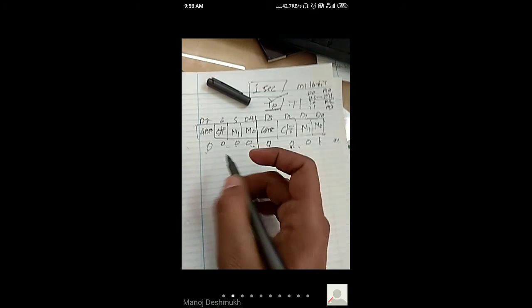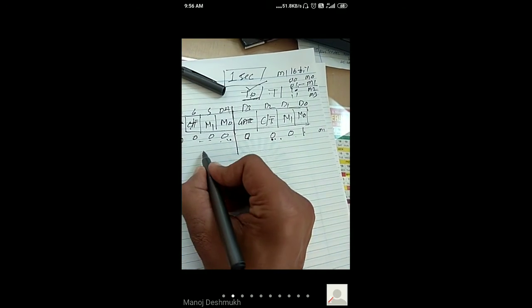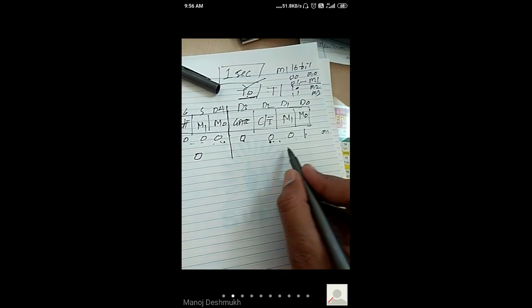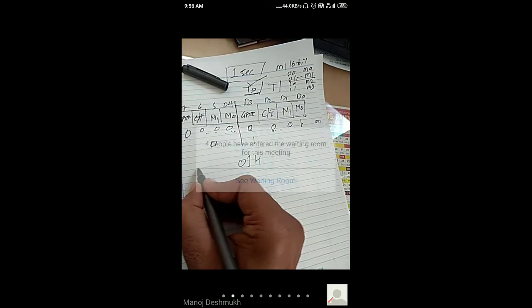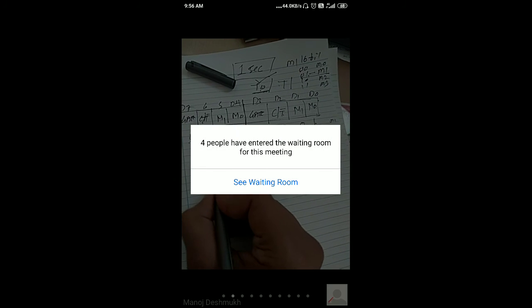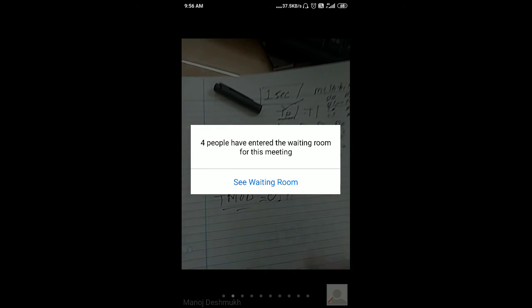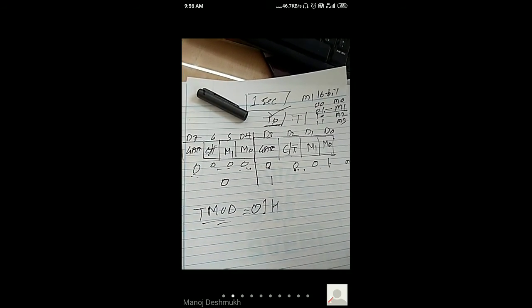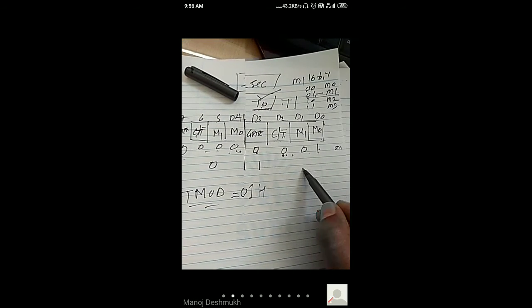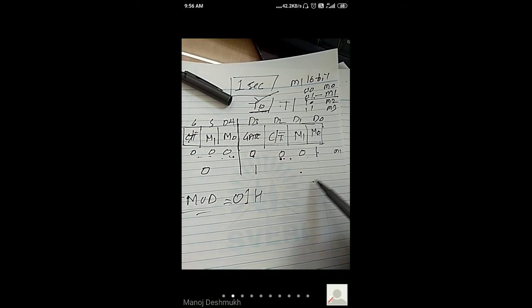The bit combination is, if we are considering all zeros in binary, and then 0001 means 1. So the combination is 01H. This number should be mentioned in the TMOD register. Whenever we write MOV TMOD, #01H, 01H is nothing but timer 0 is selected, mode 1 is selected, and external interrupts are at don't care condition.